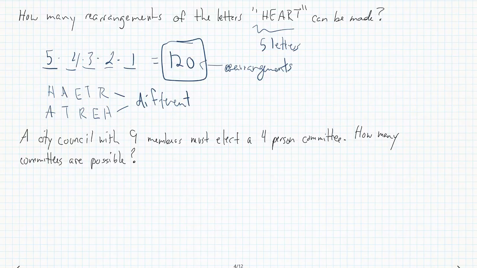Okay, moving forward. A City Council with 9 members must elect a 4-person committee, and then how many committees are possible? Well, if you're taking a look at this, what are we going to have to do in this case? Well,